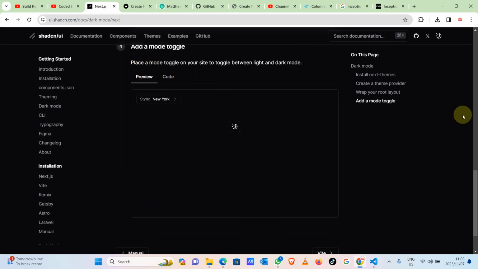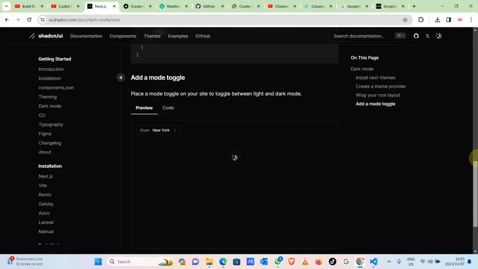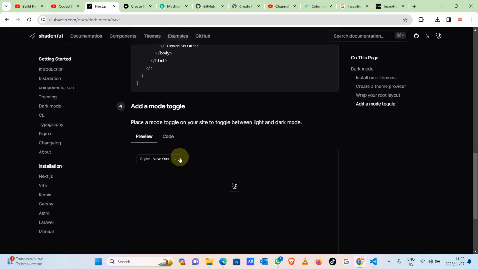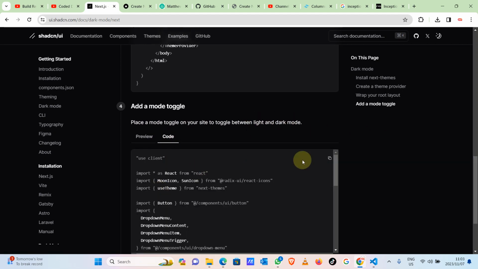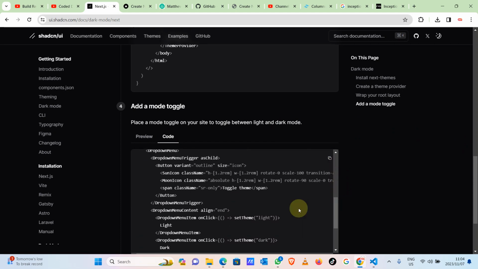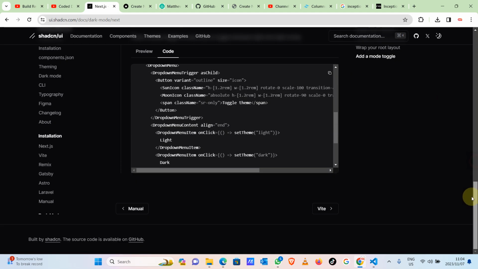Meaning that let's just see, we don't install it. That means we can place a mode toggle to switch between the light and dark. Let's just look at the code. Here is the code. As you can see, this component